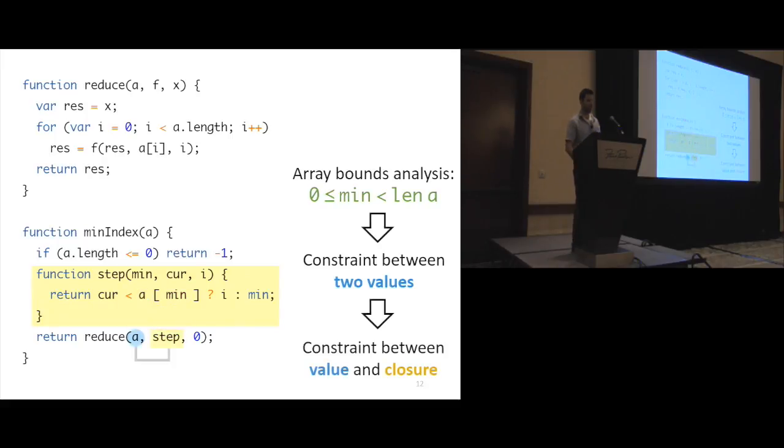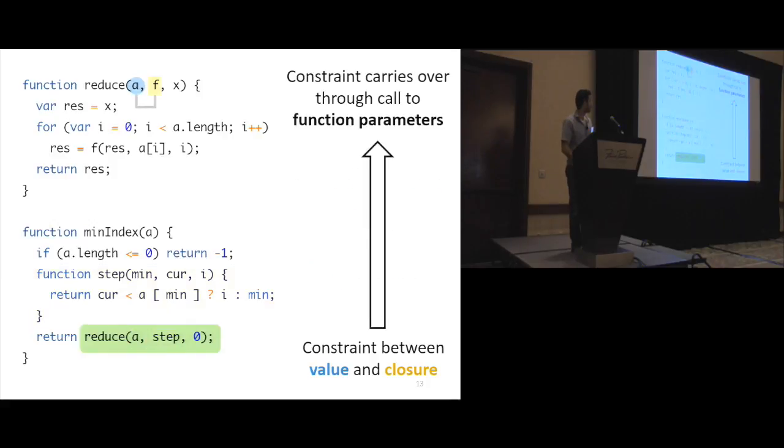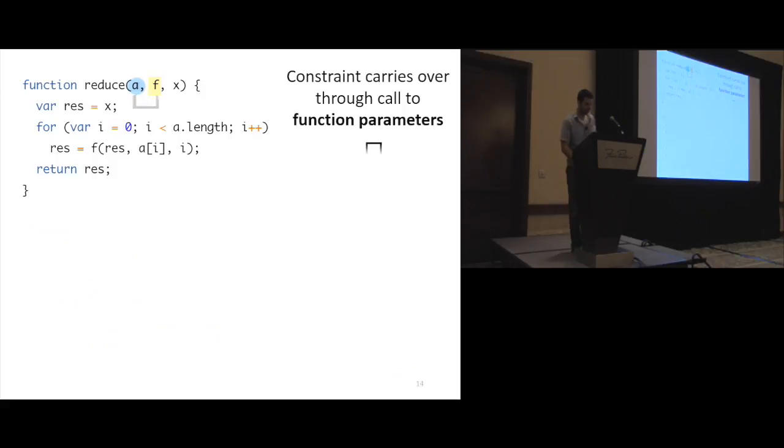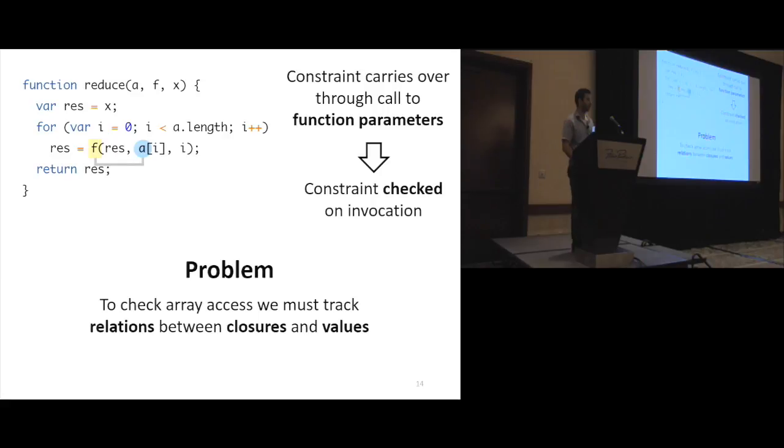This constraint becomes one between a value, A, and a step to the reduce function. And so the constraint now carries over. F. We need to somehow check that the constraint is actually having here is that in order to check an array access, we need to